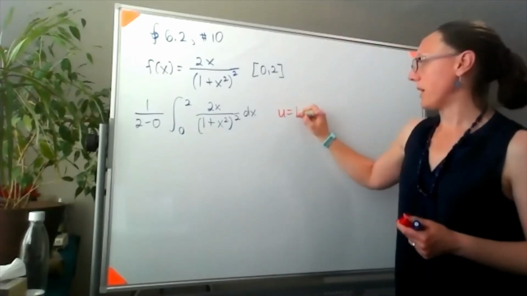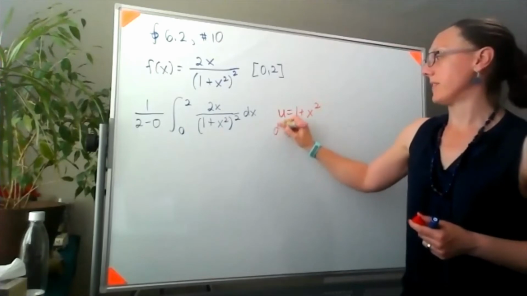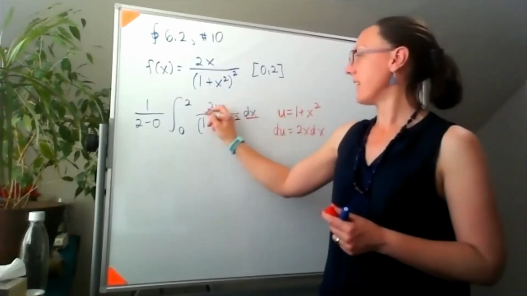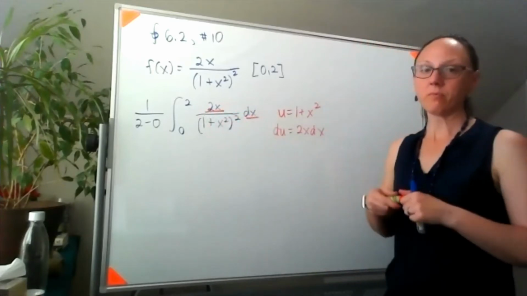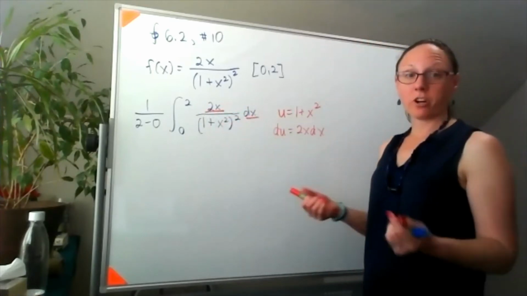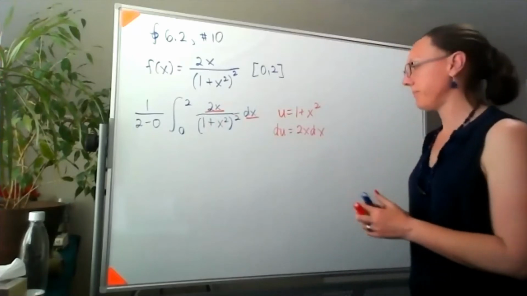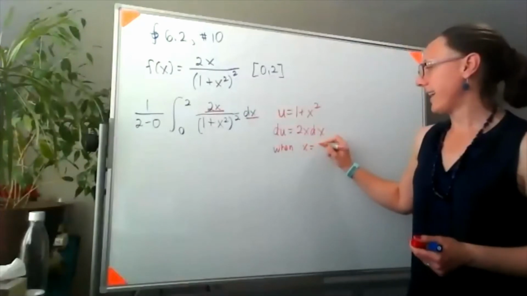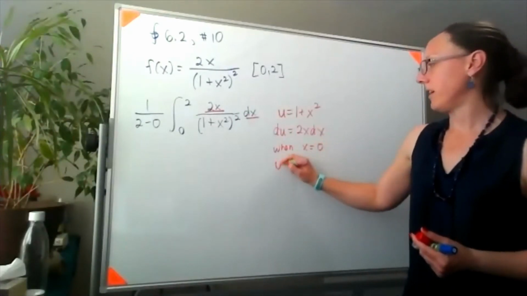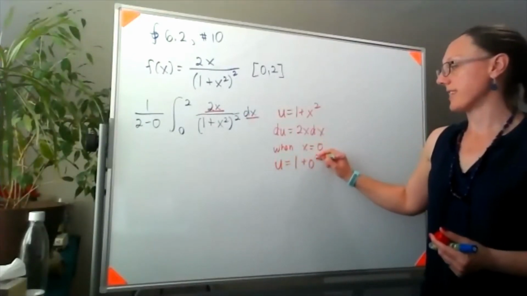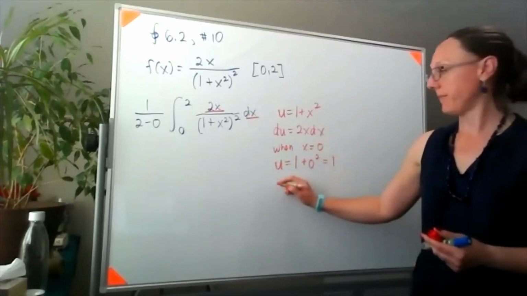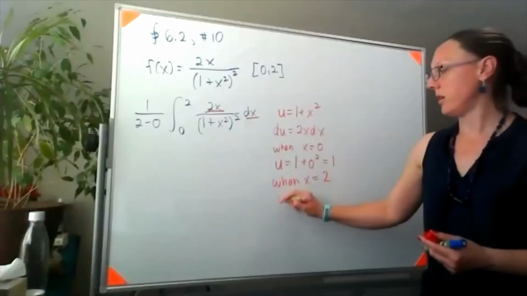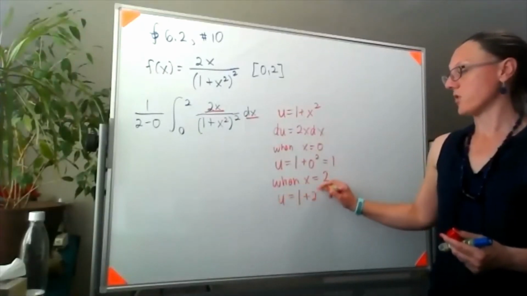If I let u be equal to 1 plus x squared, then our du is 2x dx, and I have the dx, and I have the 2. Now I have to make sure that we switch our limits of integration. When x equals 0, u would be equal to 1 plus 0 squared, or 1. And when x is equal to 2, u would be equal to 1 plus 2 squared, or